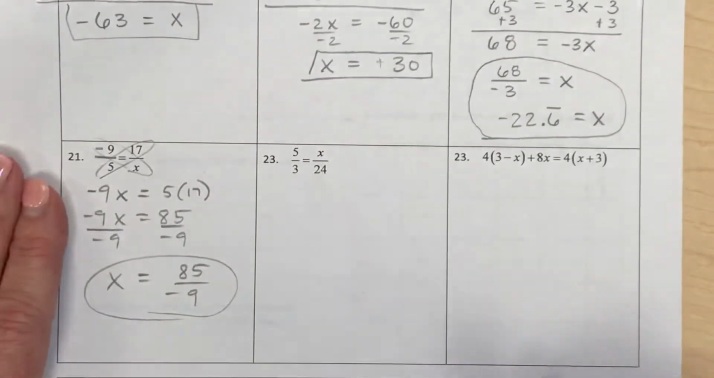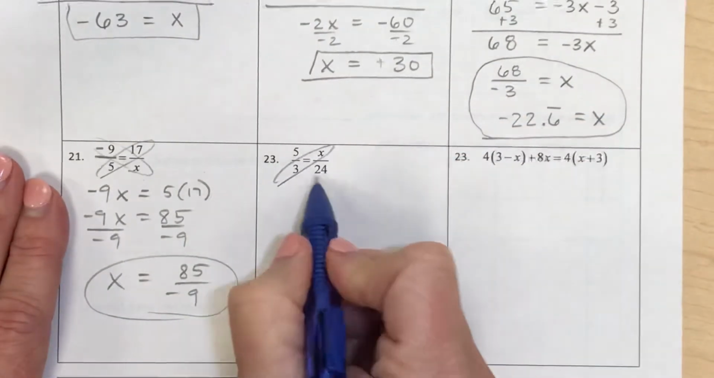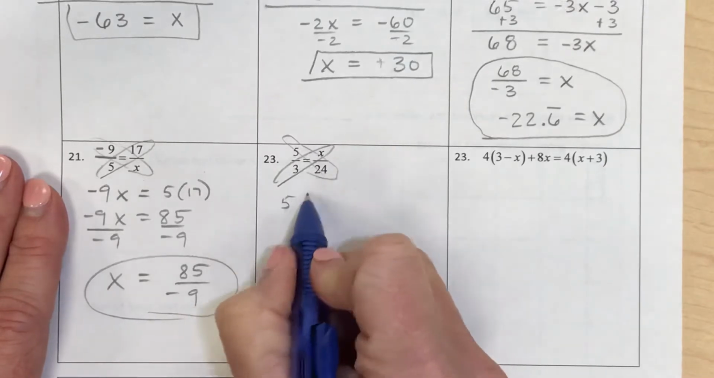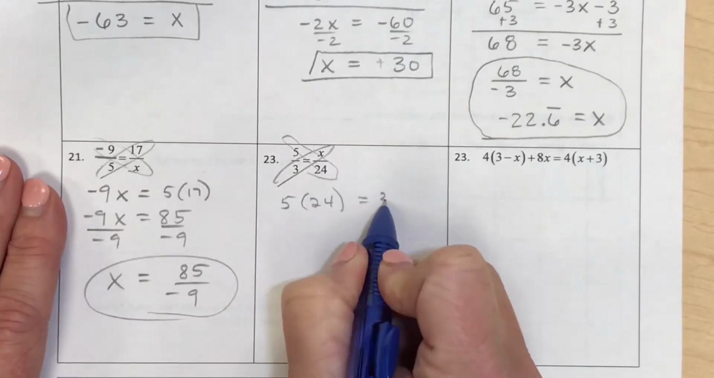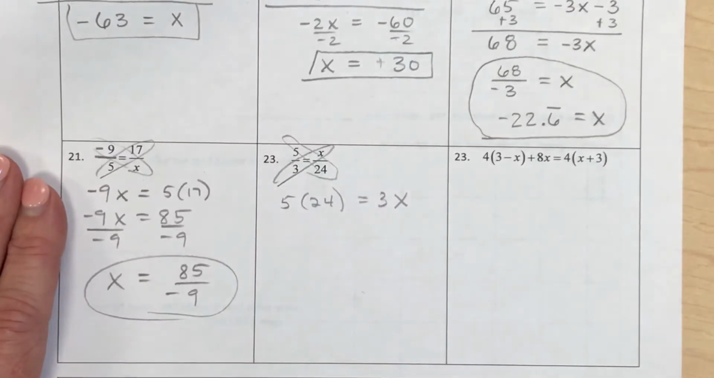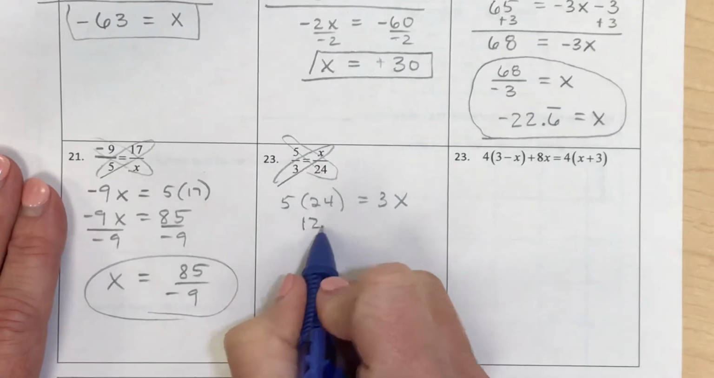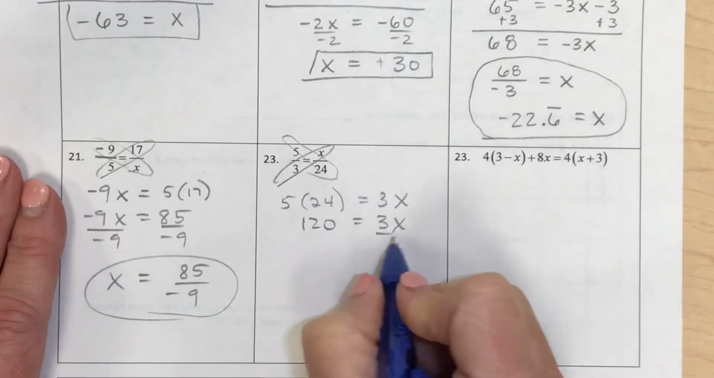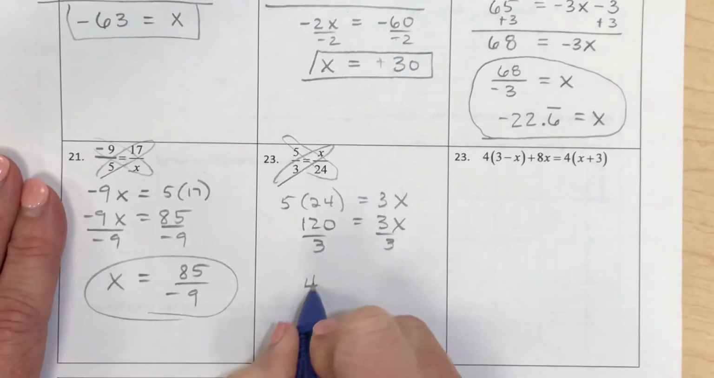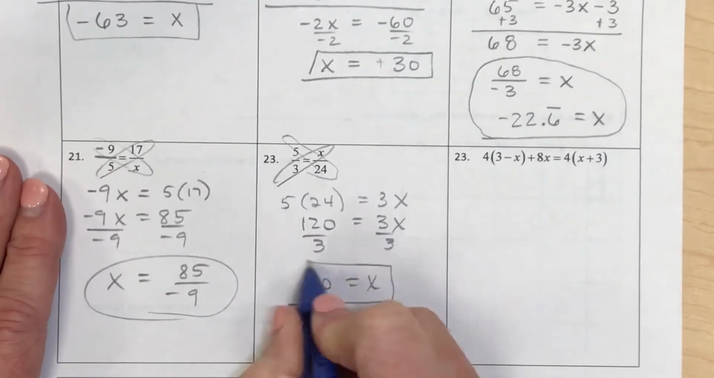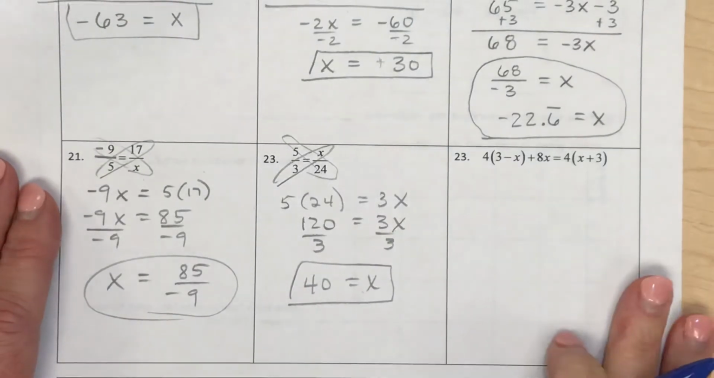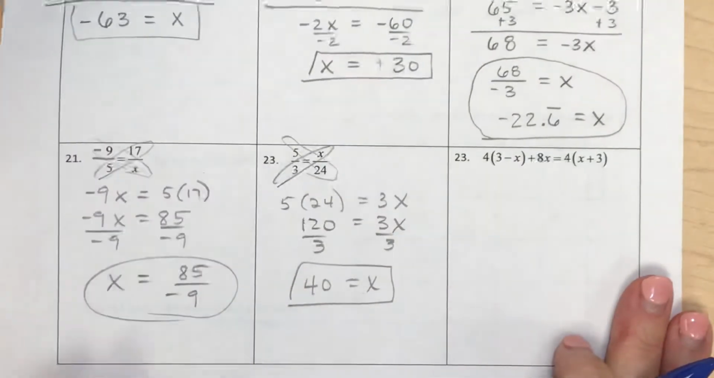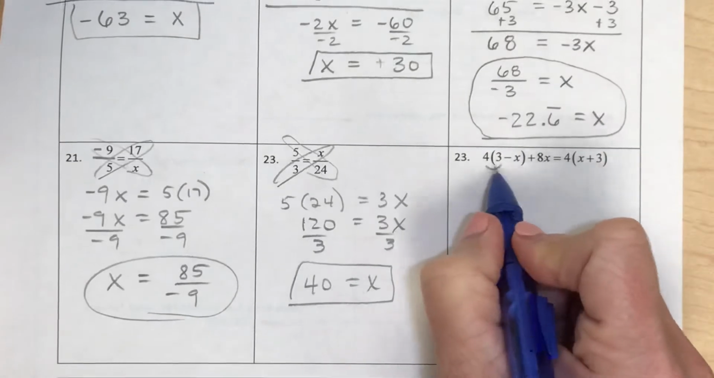Okay, now for the next fraction, again, cross multiply. So 5 times 24, and that will equal 3 times x. And this is going to be 120. And that's divisible by 3. And you get 40. Okay, for number 23, our last strictly solving problem here, we're going to distribute our 4